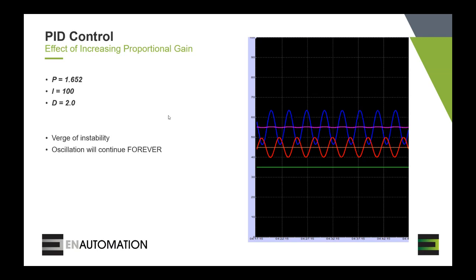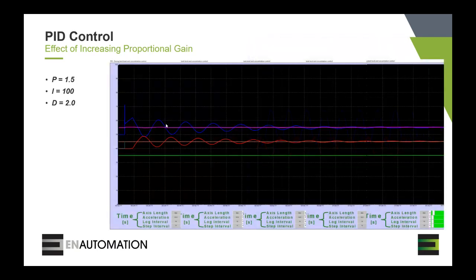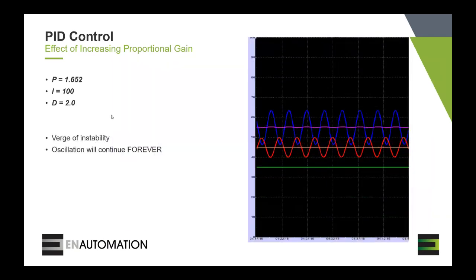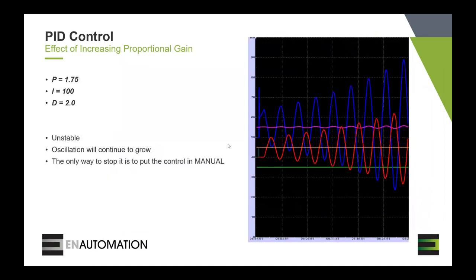If we increase the proportional gain just a little bit beyond that, we will see that we drive the process to a point of instability where each of these subsequent peaks will continue to grow and get bigger and bigger. It will continue to grow, never stopping until there's some kind of intervention or something breaks. The only way to stop this is to put the control in manual to stop the PID control from driving